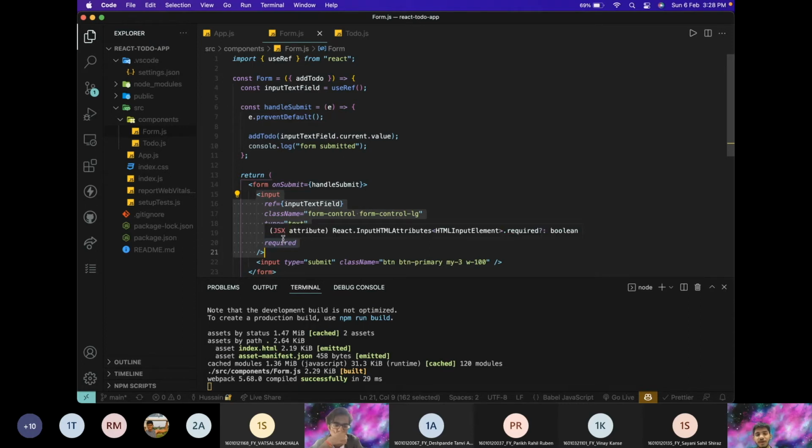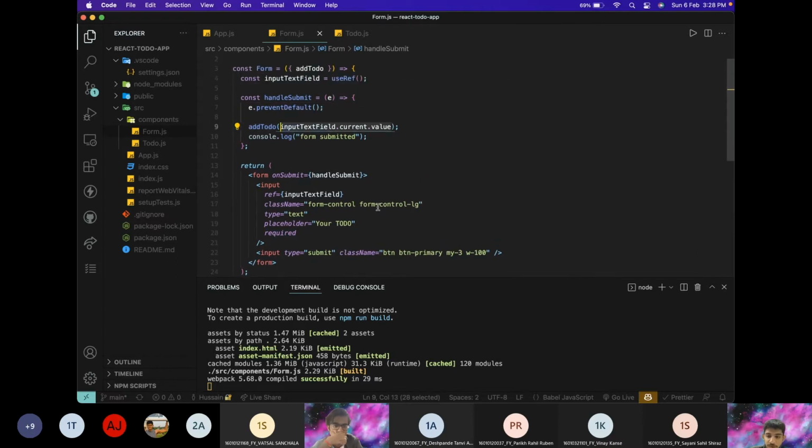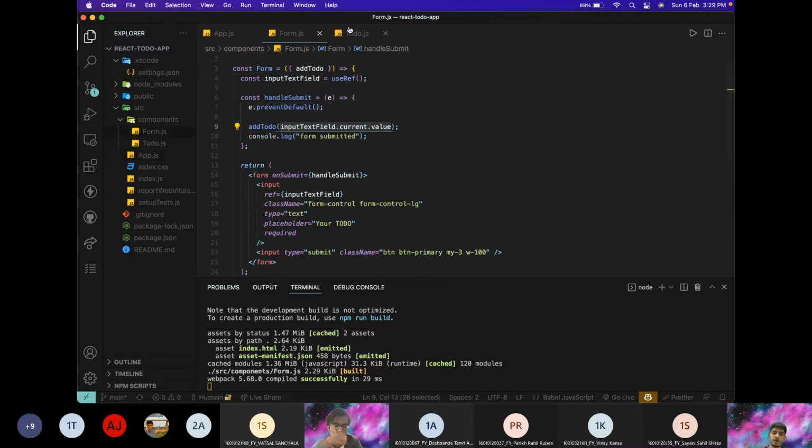There are many other ways of actually handling input fields in React as well. One way is to use the use state hook and handle on change and listen for events, but this is I think a very minimal approach and really fits in our implementation because we do not need to write the checks manually. So we have just used this required thing right here, so we do not have to check anything, so we do not need our component to re-render. I will just explain re-render in a moment as well. तो अभी के लिए इतना समझो कि मैंने क्या किया, मैंने ये add to do फंक्शन को फॉर्म को दे दिया और फॉर्म उसको उसके सबमिट के टाइम कॉल करेगा।